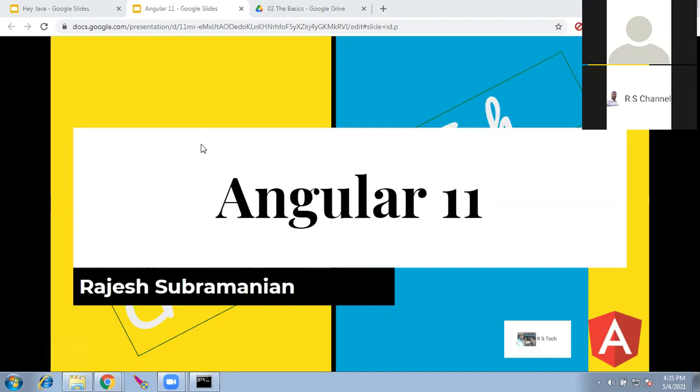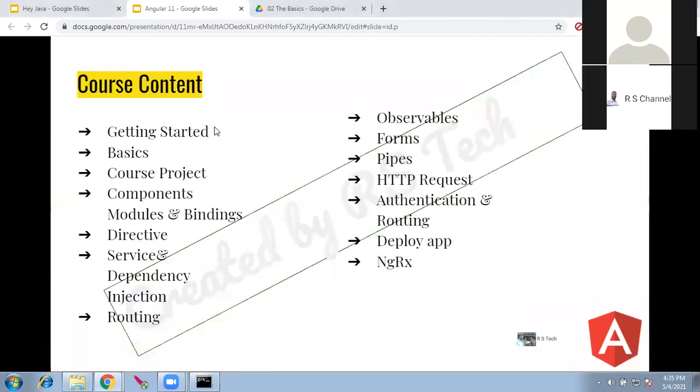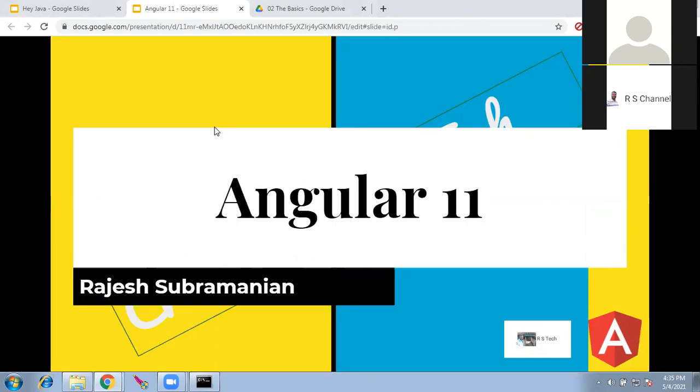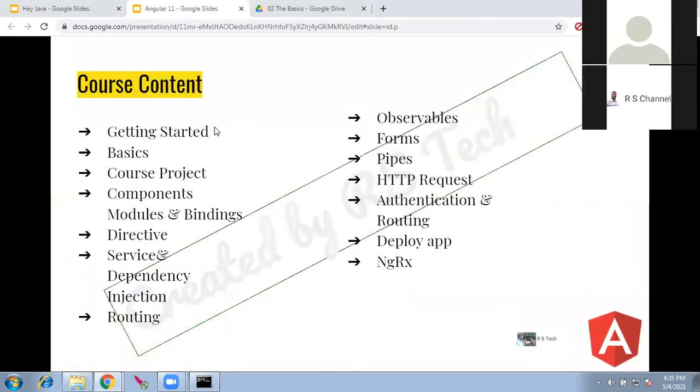Okay, so we'll start with the basics of Angular. Before that, what this course is going to cover. So this is going to cover the basics, and then we have a